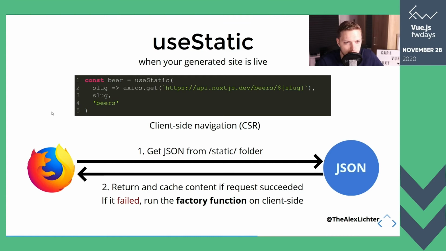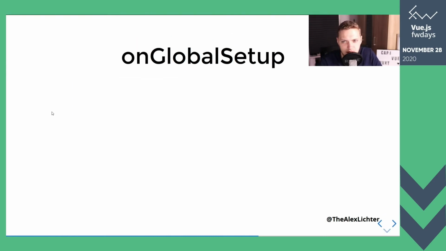So yeah, pretty cool function again to run only very expensive functions that users might not want to wait for, or data that's not real time, and save them to JSON. So persisting them on build. Cool. Okay, so we have useStatic as well, and now we have another composable, which is called onGlobalSetup, and this